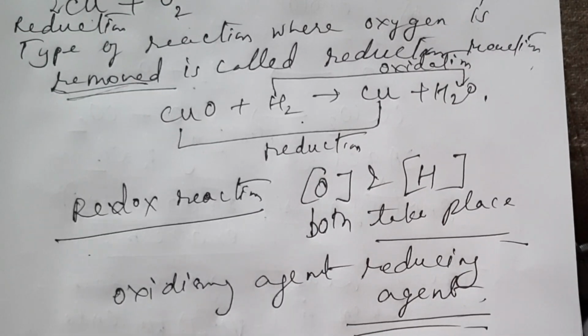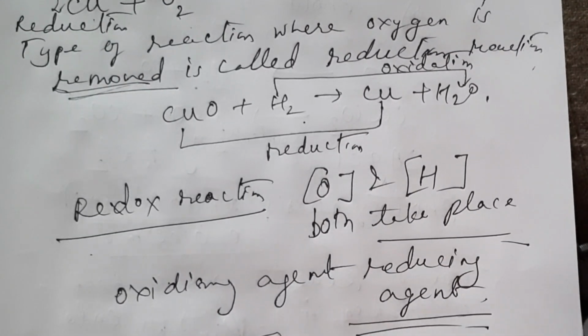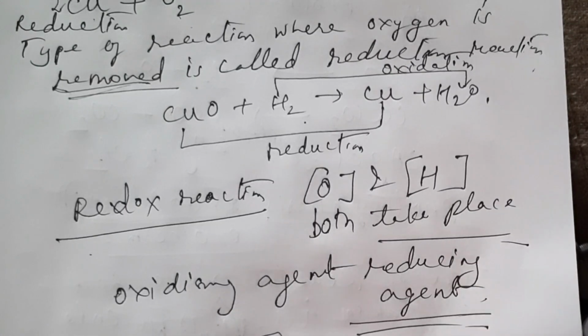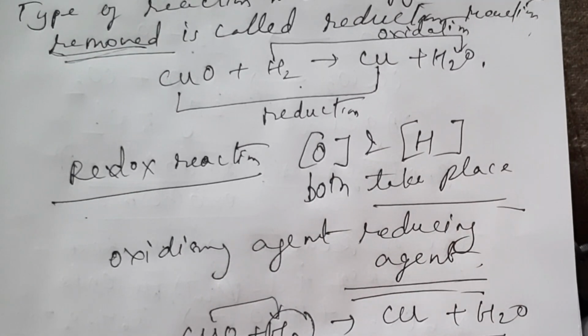Itself it is getting reduced, but it is oxidizing hydrogen to make water. Now what is an oxidizing agent? Which will itself get reduced but will oxidize other. So in this reaction, the oxidizing agent is